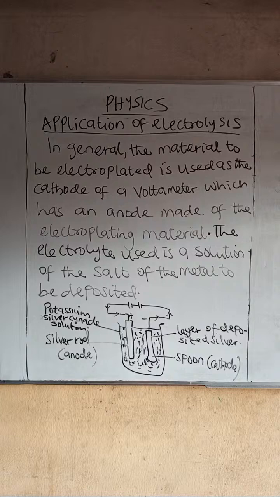It will not lose its silver color because the electrolyte is a liquid. Once it is coated, the whole system is made of silver, because the essence of using potassium silver cyanide solution is to make sure that we coat that spoon to be silver. But if you want to coat it gold, we can still use an electrolyte that's made up of gold. So we can actually coat the material as gold.